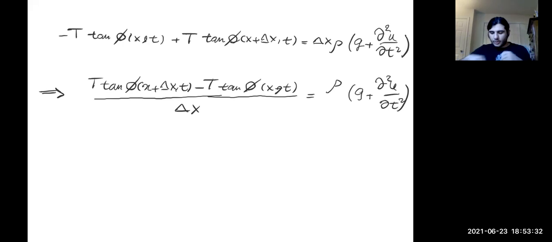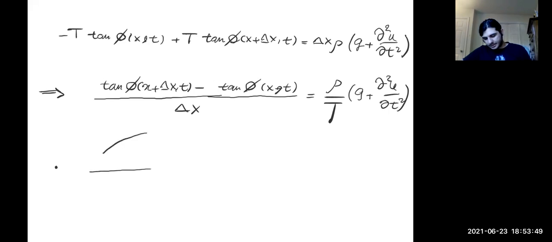Now, let's divide both sides by T. So we would have a T on the right-hand side, and we would cancel the T we have in the numerator. Now, on the other hand, phi at each point x at time t tells us the angle with the horizontal direction, and its tangent would be the slope of this line,